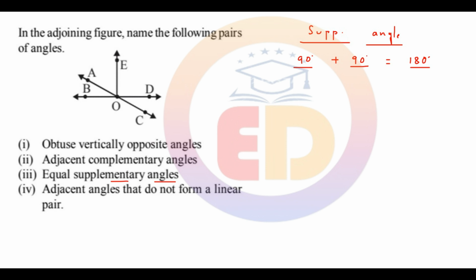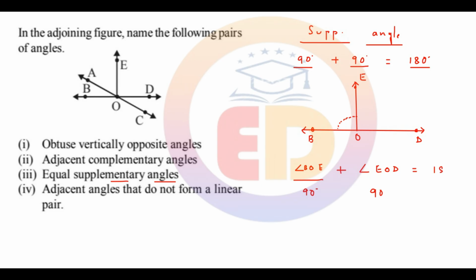And if you look at this diagram here, this is the straight line and this is another ray standing on it. This is B, D, O and this is E. So you can see that angle BOE is a 90 degree angle and angle EOD is also a 90 degree angle, and the sum of these two angles